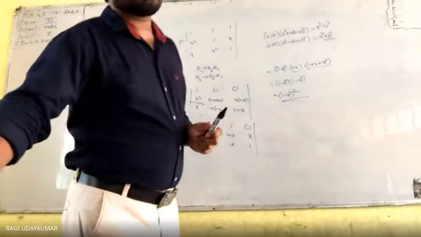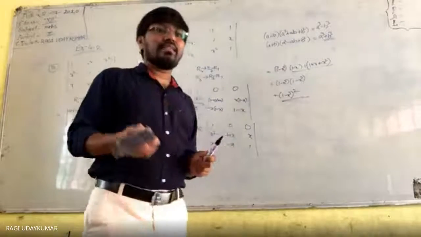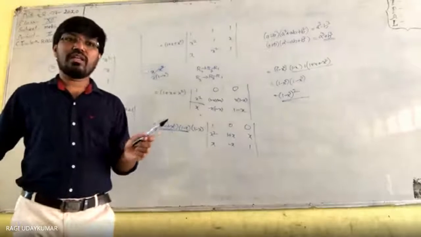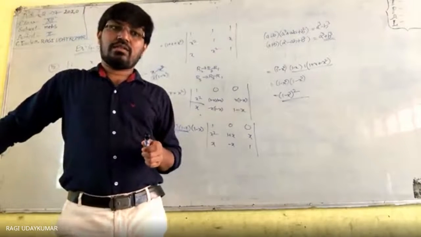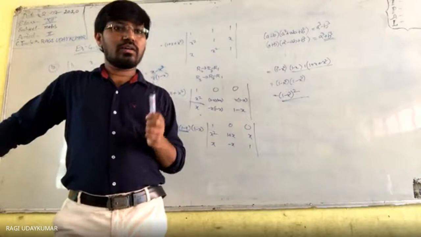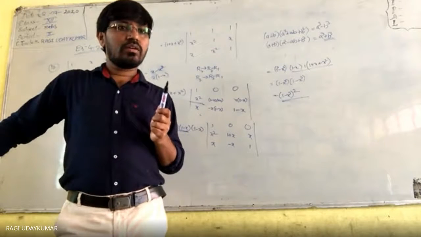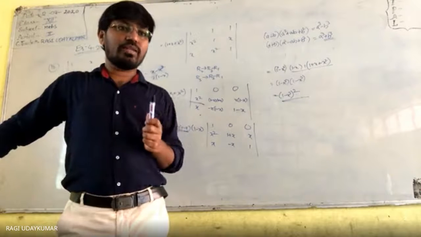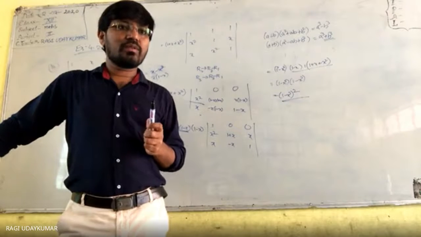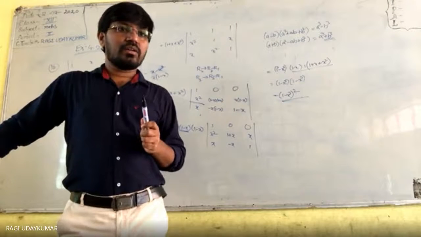Yes, sir. Okay. Next, let us go for the different problem, 13. You can do it similar to the earlier model: if you add all the rows or all the columns, you need to get 2ab, 1 plus a square plus b square. So 1 plus a square plus b square is what you want to get.